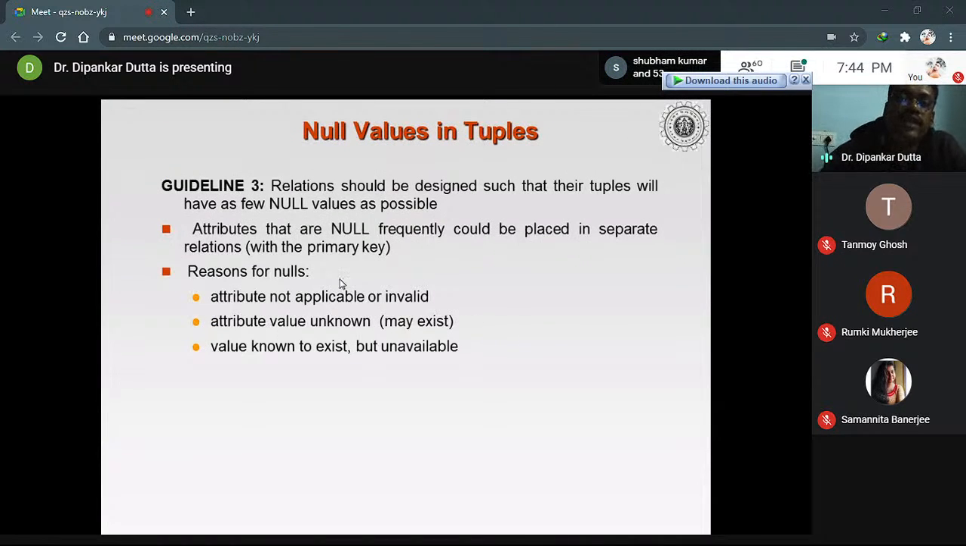If such types of attributes are there, okay, suppose